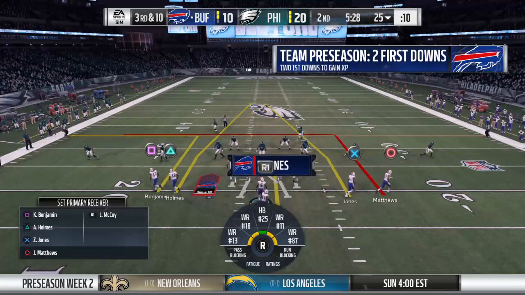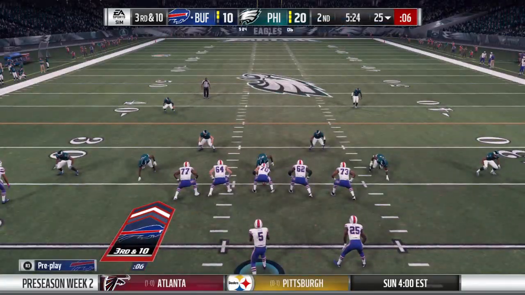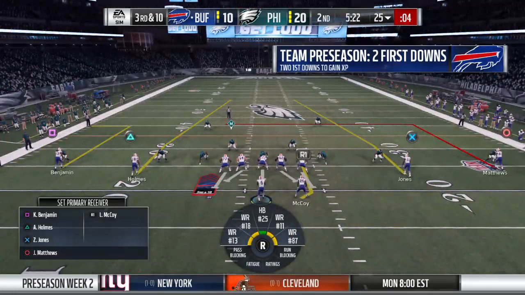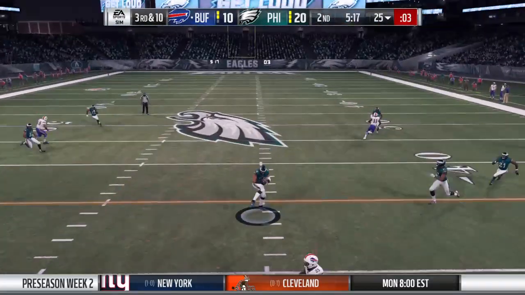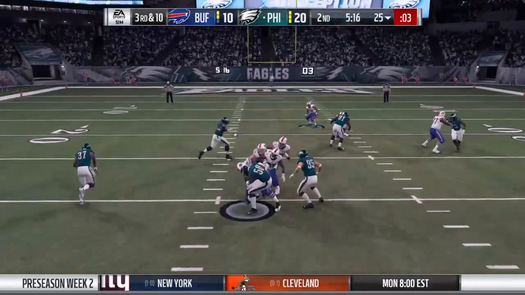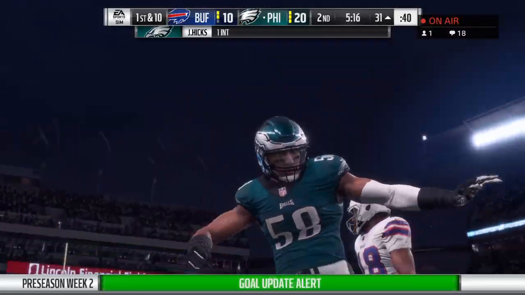The Bills on third down, 2 for 5 to this point. This is 3rd and 10. It's probably cover 2. Shotgun, it's Taylor, looking for Jones, and it's intercepted. Picked off near the 34. What was that? They're going to take over at the